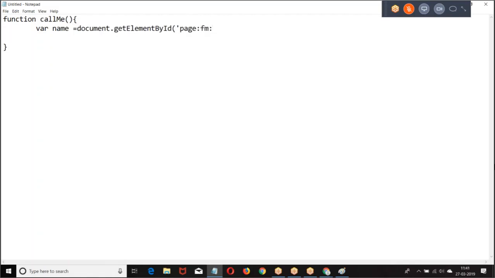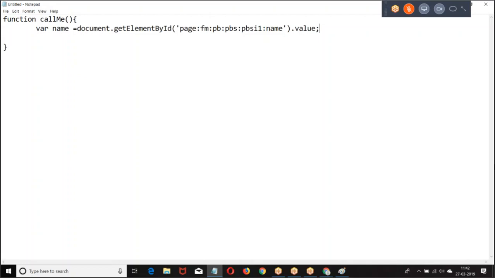Document dot getElementById, page, form, page block section item name.